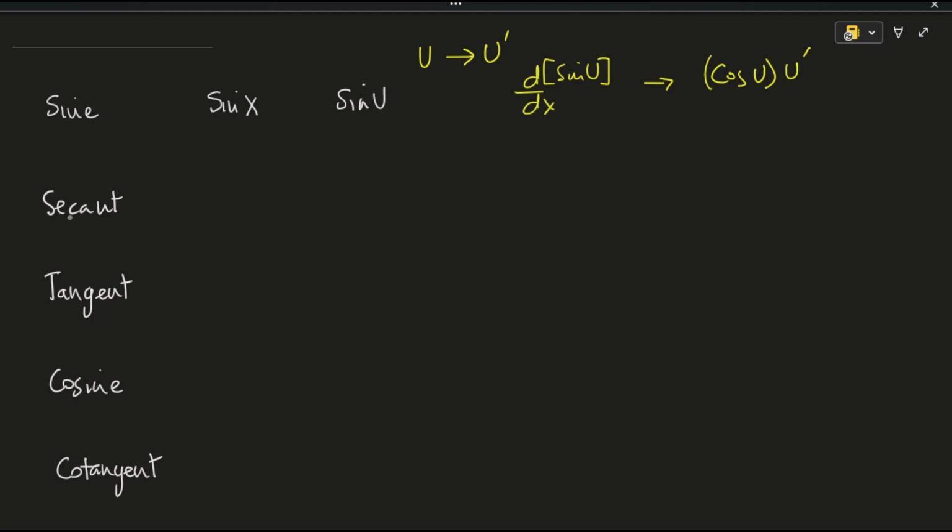for the trig function secant, which alternatively can also take the form sec u, where u is a function of x. The derivative of sec u with respect to x is given by